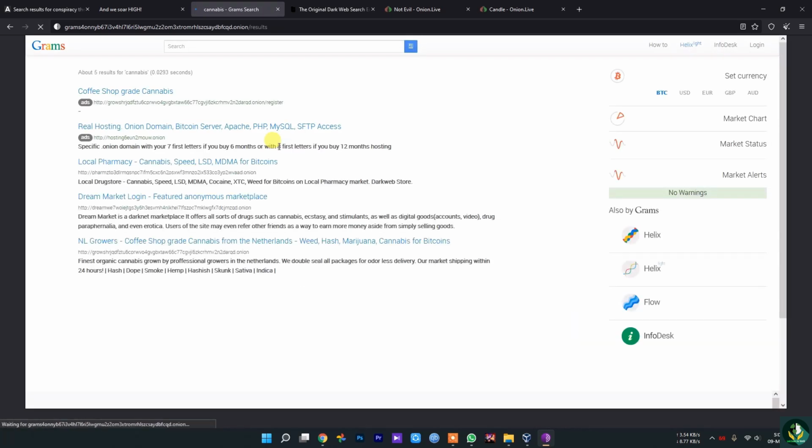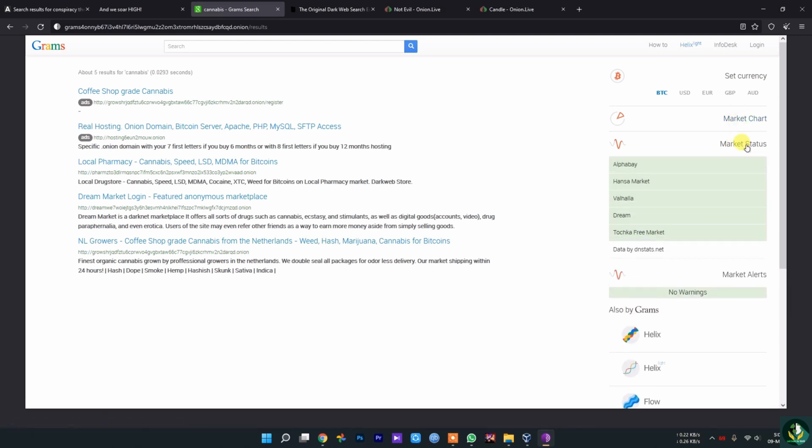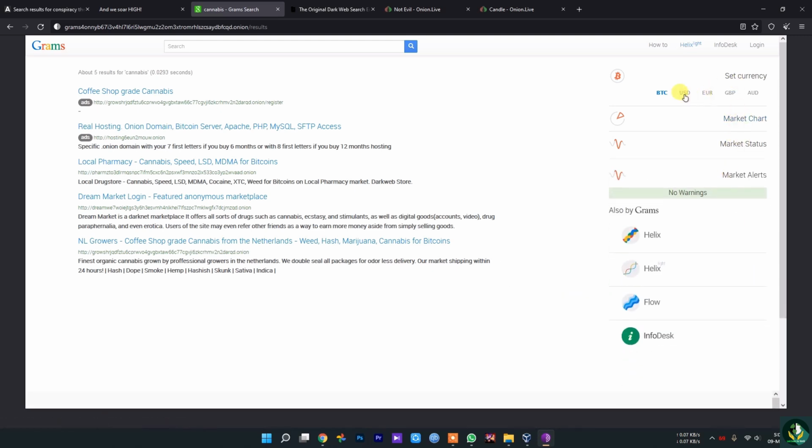Talking about the interface, it's a very good looking website with a great interface. As you can see in here, you can check the market chart, market status or market alerts, in USD, Euro, and all of this. It also has advertisements in the first two results. So let's check this website.